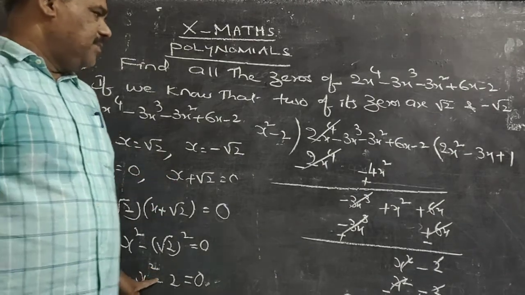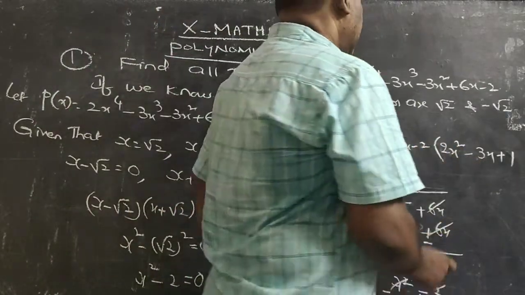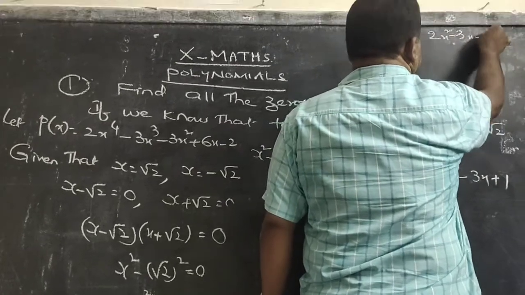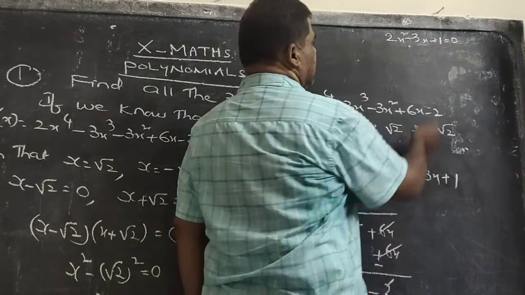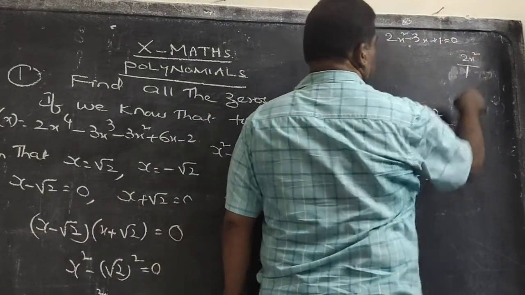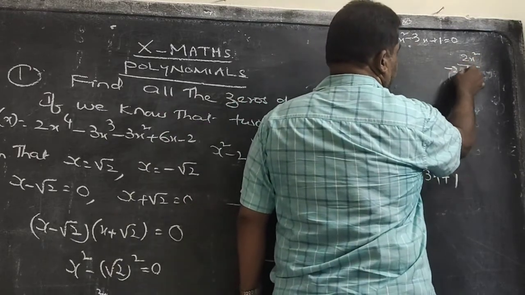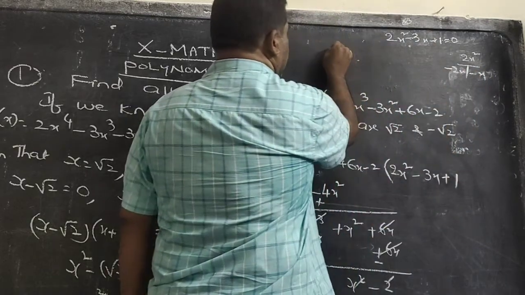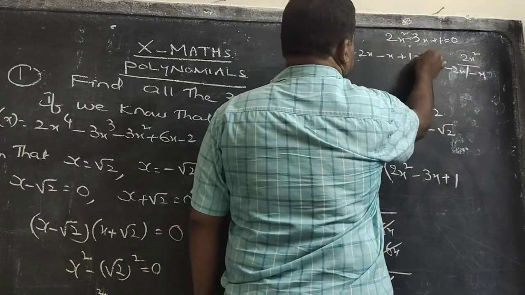So here, using the given two values, we got a polynomial. With this polynomial, we have to divide the given polynomial. Here we got the quotient. Let us take that quotient, that is 2x square minus 3x plus 1 is equal to 0. Let us take this quotient and factorize it. 1 into 2x square, 2x square. Now here minus 3x is there. Divide this into two parts, that is minus 2x minus x. If you add, it is minus 3x. So it is 2x square minus 2x minus x plus 1.